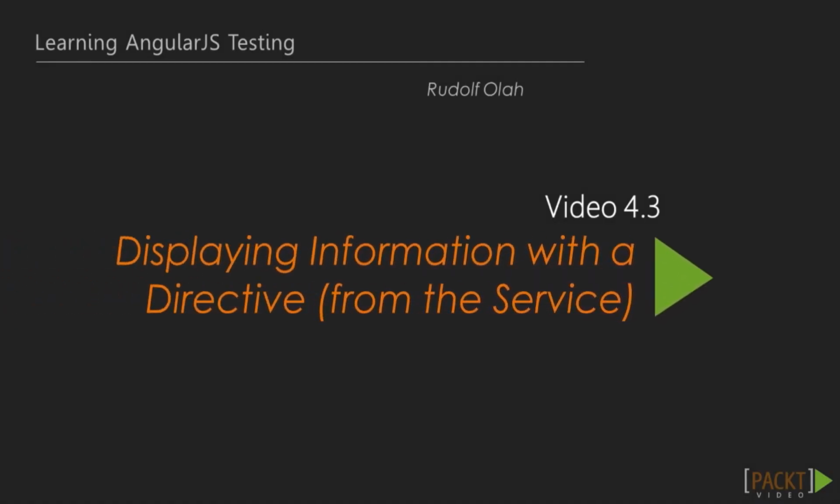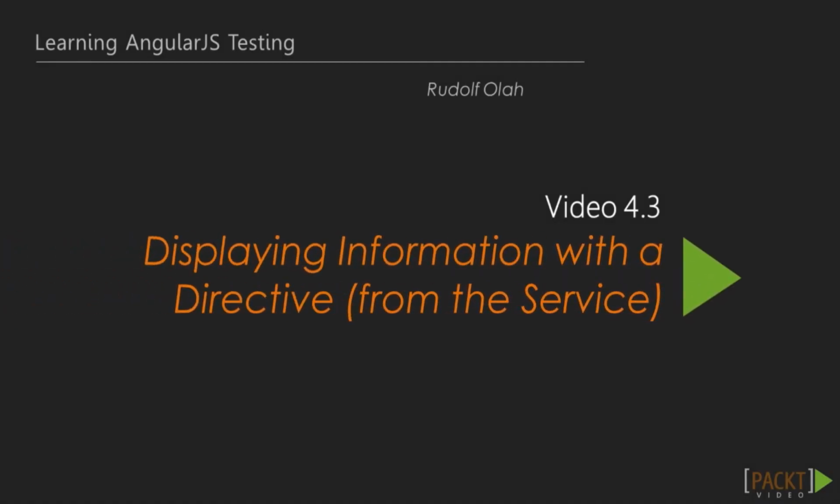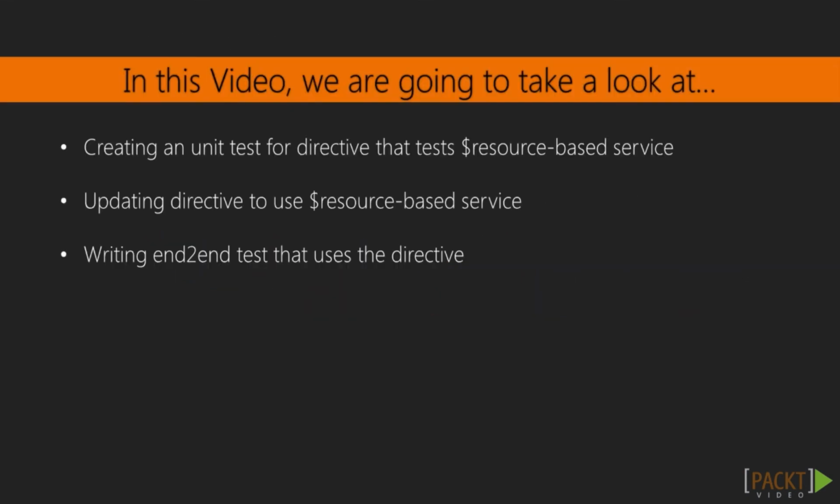Welcome to video 4.3, displaying information with a directive from a service. In the previous two videos, we implemented an order service and created a fake API server for testing. In this video, we will be creating a directive that uses the service and testing it with unit tests and